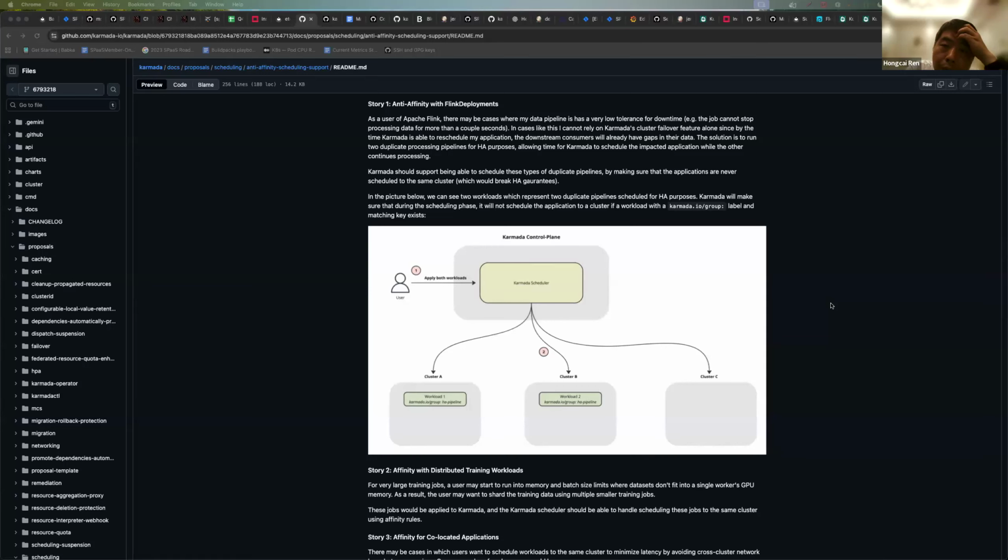Do you mean the cluster failover feature cannot meet your downtime requirements? In most cases, it's okay. Like for instance, we use the cluster taint policy, and then we have taint tolerations that are set on the workload, right? The user can configure what type of failover they need, right? In some cases, this can be set to 5 minutes. In some cases, it could be set to less.